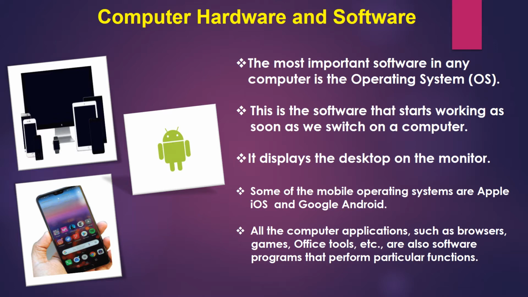OS means what? Operating system. Operating system is the bridge between the user and the computer. This is the definition you already learnt in lower classes. If you switch on the computer, the booting process goes on, no? After that what will you get? Desktop. On the screen, in the monitor, the desktop will display after the booting process. The booting process is done by the operating system, OS. Okay, children?